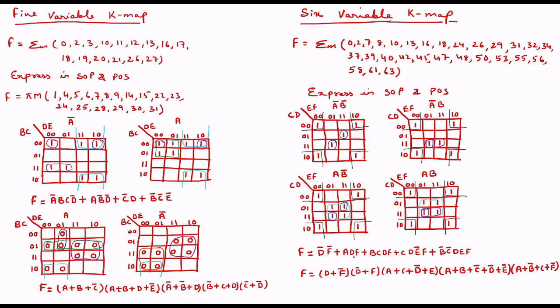Now coming to this ADF, I am getting 5 min terms. Let's have a look. One is over. Second, this pink color is forming a group of 4. Now this group of 7 is forming another group. This one and this one are forming another group, and finally this one and this one are forming a pair. Accordingly I have used different colors to represent them, so you can have a look properly over here, and accordingly you are getting different min terms. So this is how we are solving 6 variable.